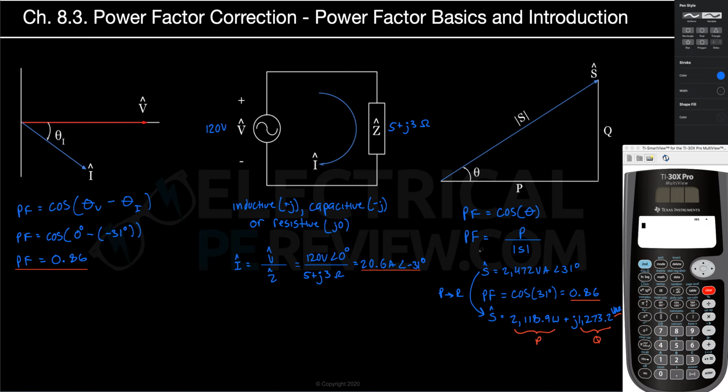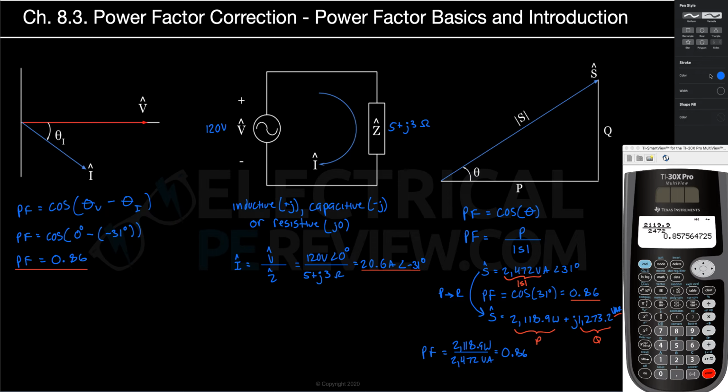All right, let's use this information to solve for power factor using this second formula. So power factor is going to be the ratio of our real power P that we just found by converting from polar to rectangular. So our real power P in watts is 2,118.9 watts, right? Divided by our total apparent power. And our total apparent power is the magnitude of our complex power. So divided by 2,472 volt amps, it's going to give us a power factor of 2,118.9 divided by 2,472 volt amps. That's going to give us the same 0.857, or if we round it to just 2 decimal places, we have a power factor of